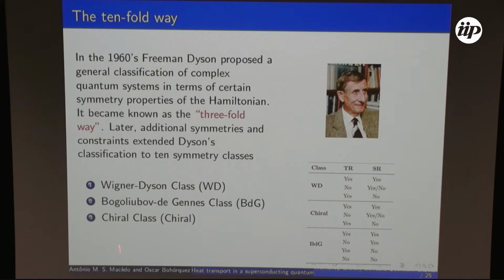But in the 90s, people realized that there are other classes of symmetries that come from the inclusion of particle-hole symmetry and sublattice symmetry. Sublattice symmetry gave rise to the chiral classes, and particle-hole symmetry gave rise to four more classes, the Bogoliubov-de Gennes classes. So now you have ten, called the tenfold way, and they are related to Cartan's classification of symmetric spaces. There is a more powerful algebraic and geometric structure that gives you the mathematical reason why this classification works.